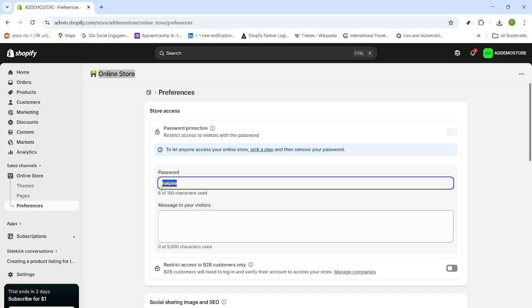Once you've set the password and updated the message, you're all set. Anyone who has the password can enter your storefront, and everyone else will see your customized notice. That's how you find and